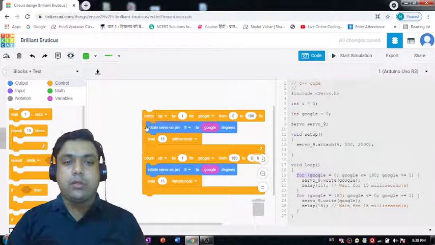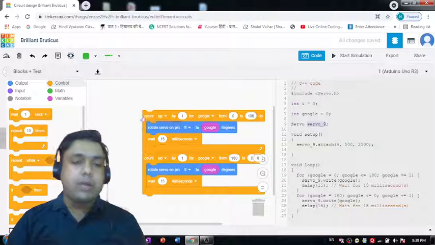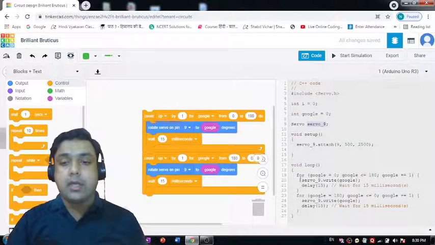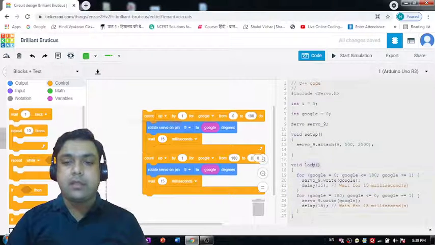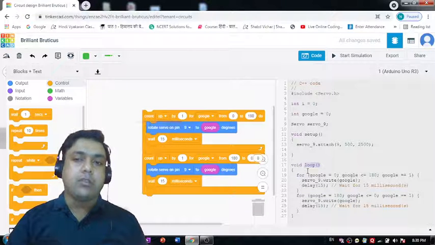And this rotate servo on pin number 9, see, the output is coming from pin number 9, so it has automatically generated for us this servo underscore 9. Fine, and then these two things are again two loops, and they are present inside this loop named function.